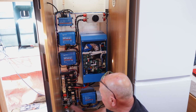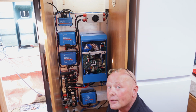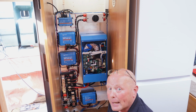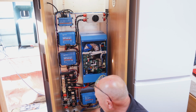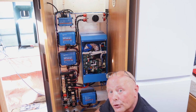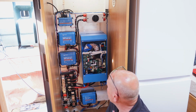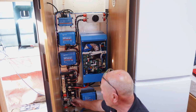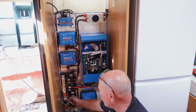Firstly, I've run the DC cables across to the other side of the vehicle where the lithium iron phosphate battery is. It's the new type 1 and it's 300 amp hours. Basically from the DC cables here we go to an isolation switch just down the bottom, which I'll show you in a minute. We've also added a communication cable from the Lynx distributor to the shunt,